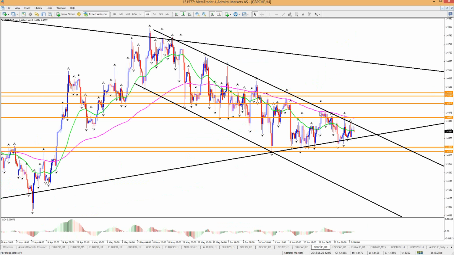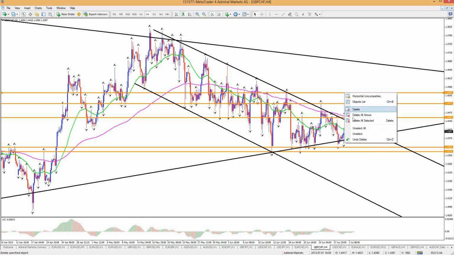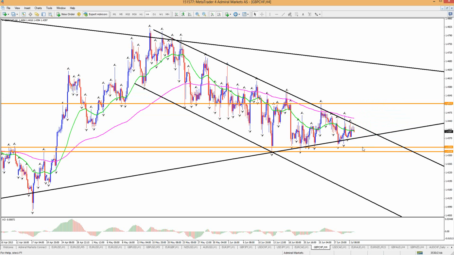The pound Swissy maybe still stuck in this massive wedge. I think we talked about it yesterday. Still bouncing in there. The space is really getting tight, to be honest. You can see there's not much space left in that wedge. It will have to break either the 143 or this 145, which I think is crucial. I'll take off these orange lines because I don't think they're that crucial anymore. For me, these trend lines are important, but this high and this low, those are the most crucial ones for me. All right. So below that we have this potential. Above that we have this potential, with maybe smaller trades in here.